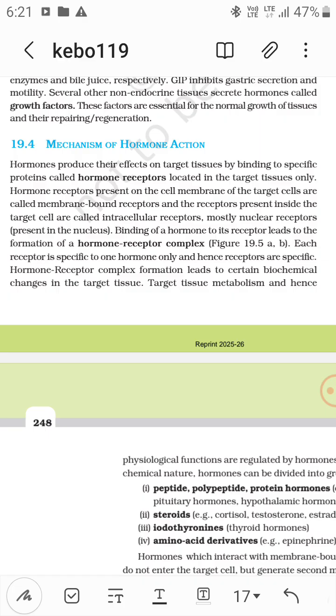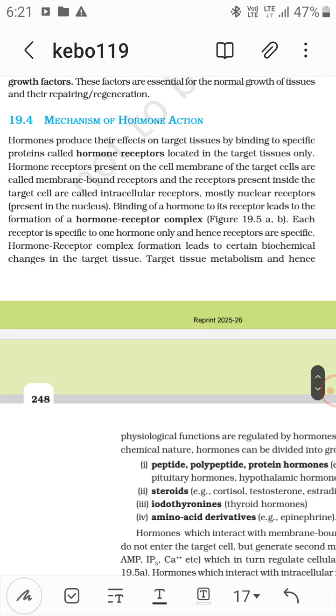Now, binding of hormone to its receptor leads to the formation of the hormone-receptor complex. Each receptor is specific to one hormone only, and hence receptors are specific. So hormone-receptor complex formation leads to the